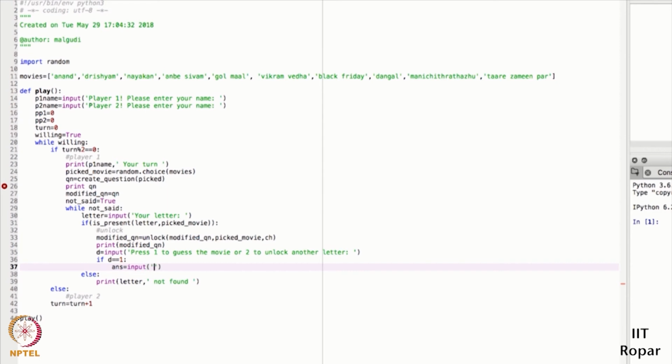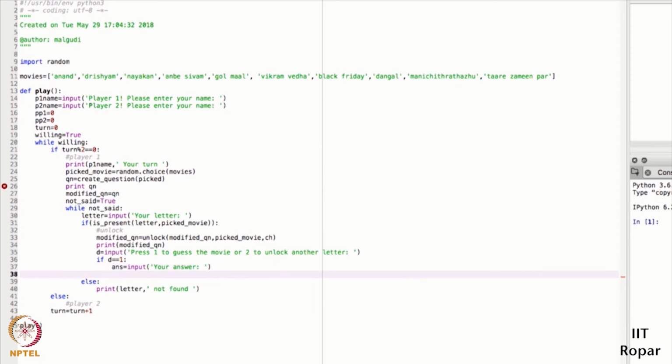I need to give a message. Let me say, your answer. I'm asking him to give his answer. So for this, he'll give an input answer. We need to check if that answer is exactly the same as the picked movie name. So I am checking if answer is exactly equal to picked movie. Okay. In case if that is equal,